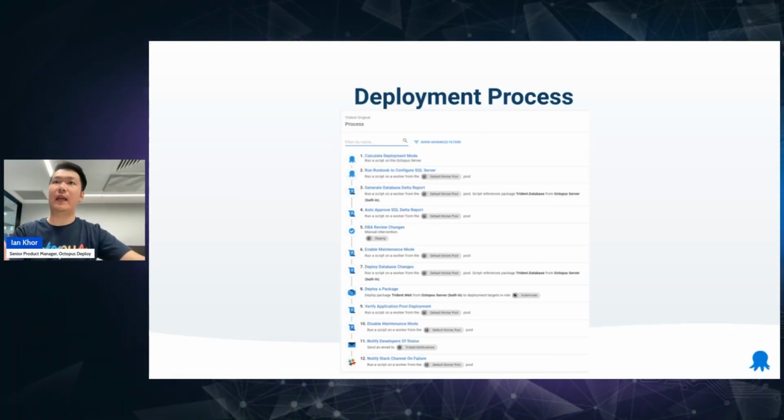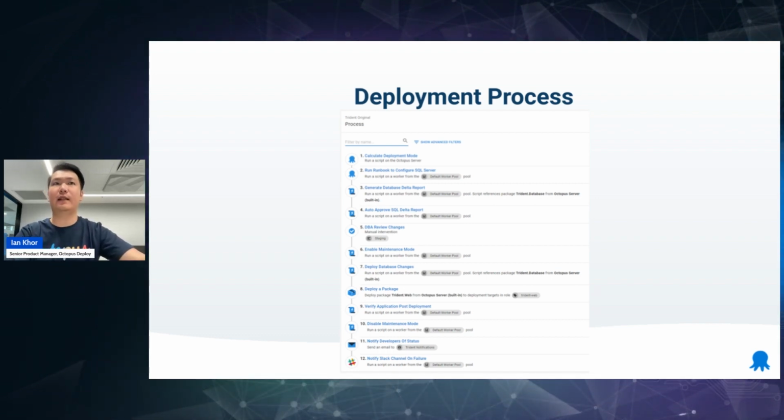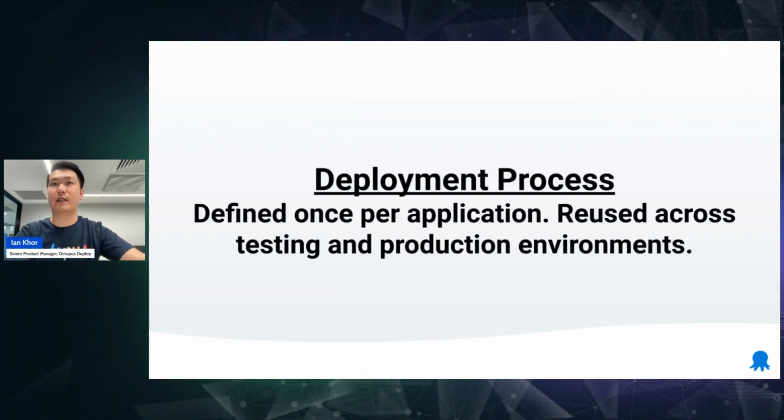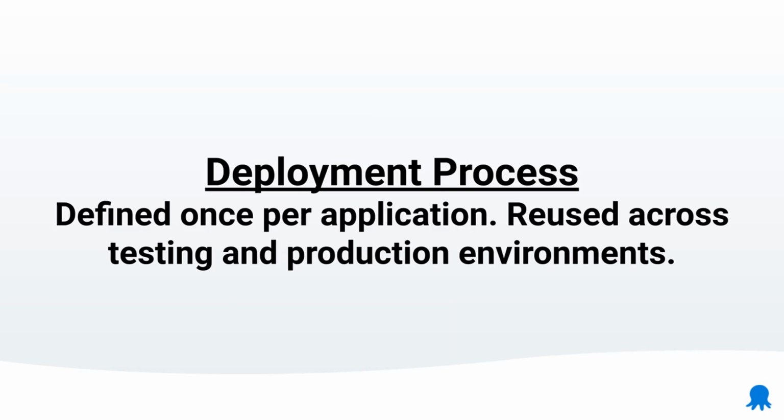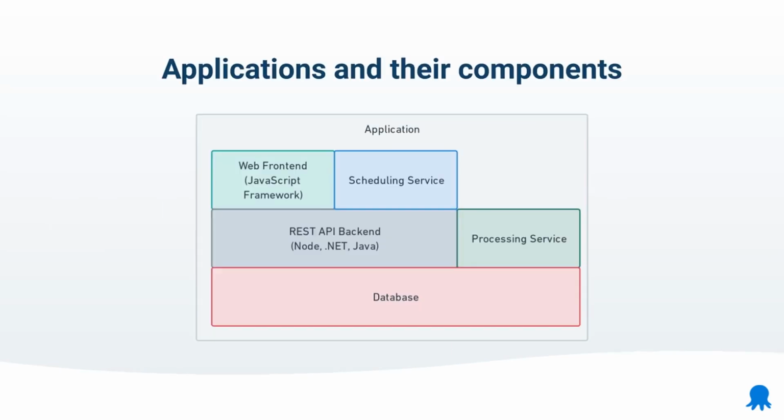And the way that we've set it up in Octopus is that these are the steps that you've got to take, and they must be performed in a very specific order for your deployment process to ultimately succeed. And basically the deployment process can be defined once per application and then reused across testing and production environments. So let's say, for example, we worked at a retail store and we had an application that